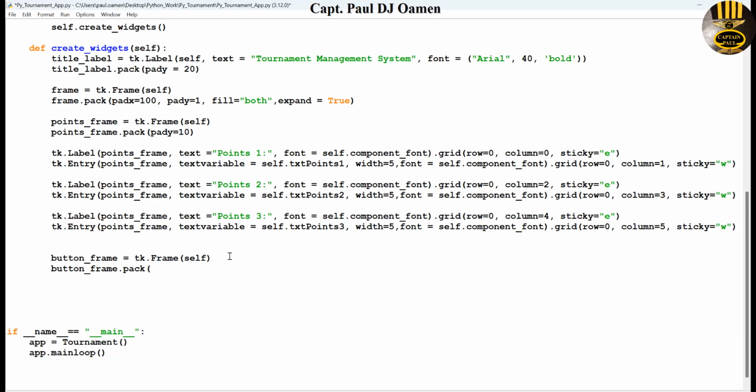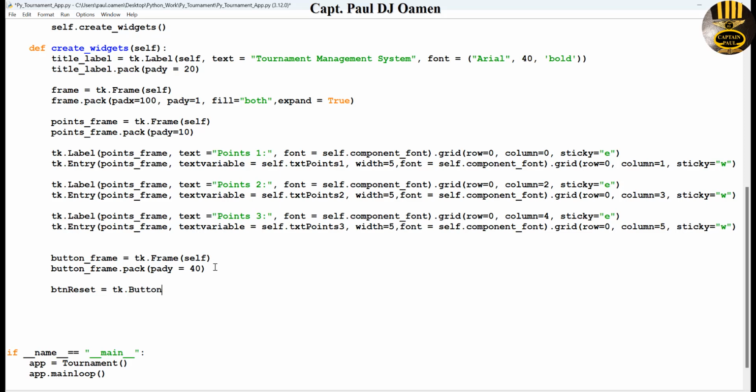and let's get it padded about. Let's make that about 40. Okay. Now, the very first button I'd like to create, let that be the reset. So let's come down here and just say btn_reset. And that's going to be tk.Button,